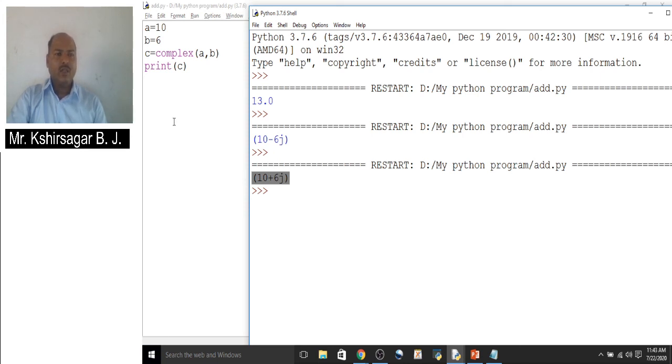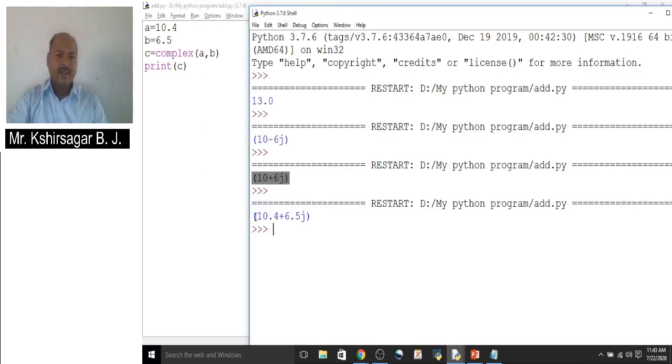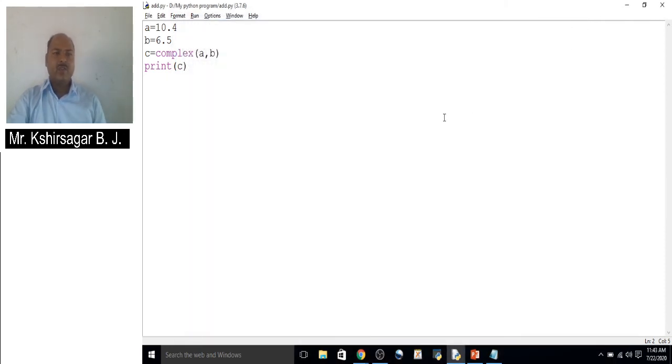We can also convert the integer numbers into a complex number, and also, suppose you declare 10.4 and 6.5, convert those float numbers into a complex number like 10.4 plus 6.5j. So this is the way of converting data types explicitly. Here we have converted integer into float, float into integer, integer into complex, and float into complex. These are the ways of converting data types explicitly.